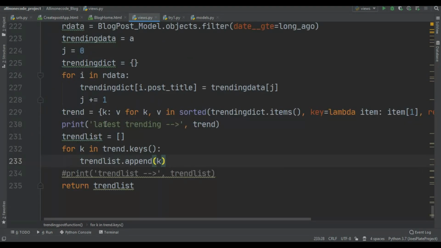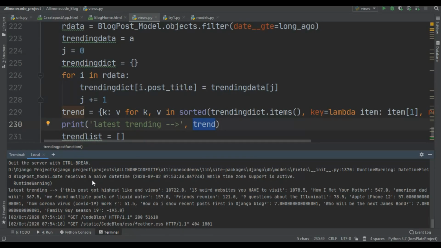Now let's see what we got using the latest trending, and I just print the trend. So you can see in the latest trending, first I got the post title, let's say this post got the highest likes and views. It got 1722, or you can say number. The second one is 13 weird websites you have to visit.